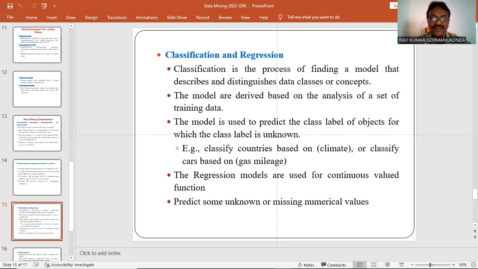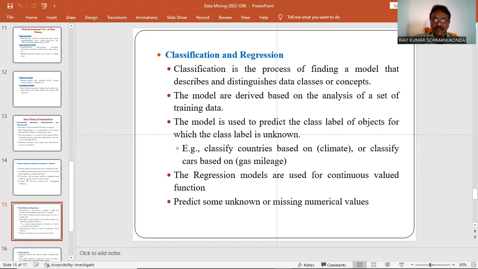So this is classification. Classification is one of the main important functions in data mining. Within classification there are a number of algorithms, depending upon the accuracy level. Various algorithms are available, like decision tree, Naive Bayes, neural networks, and support vector machines. They are used for building a model and predicting for unseen data. The model may be used to predict the class label of unseen data.